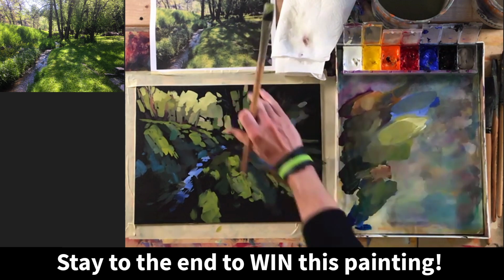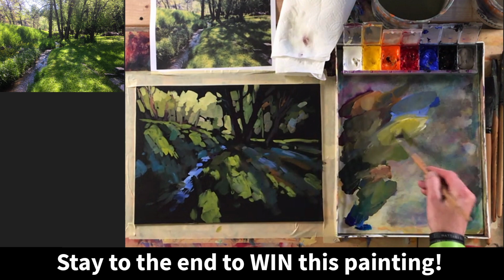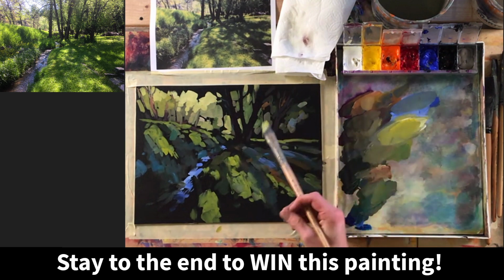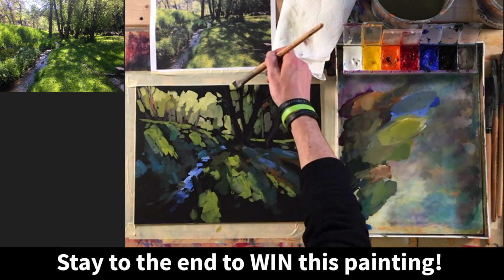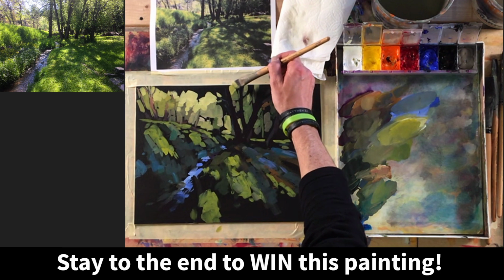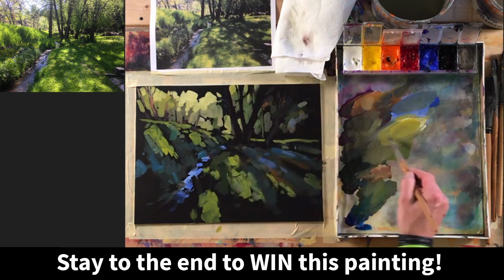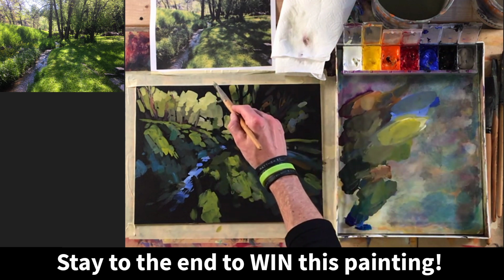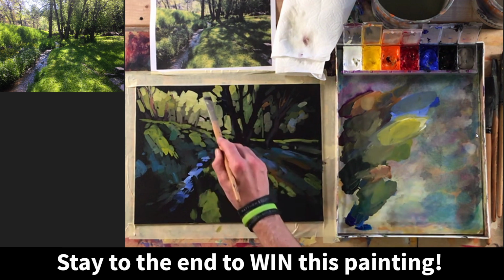Alex F asks, is Bob Ross a big inspiration for you? You know, Alex, I wouldn't say that Bob Ross is a huge inspiration for me. I do like him. I admire him for what he did. In terms of painting styles and stuff like that, I don't really paint anything like him. So it's not that kind of inspiration,